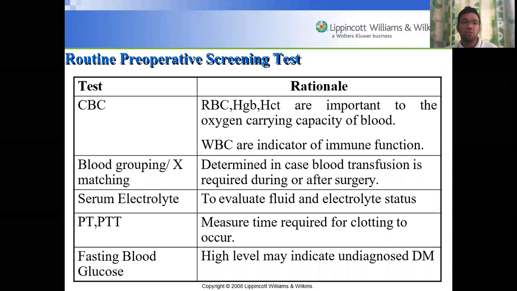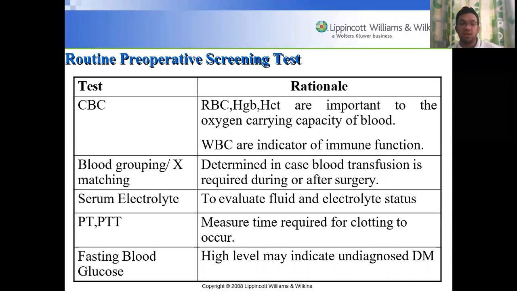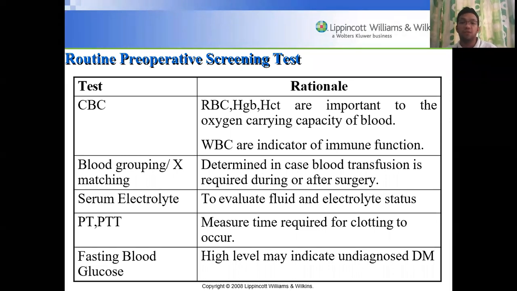Now we go to the routine pre-op screening tests. These are the needed, routine tests that are done on the patient in order to assess if they are going to be operated on or not. So CBC will be checked: the count of the RBCs, the hemoglobin, and hematocrit, in order to determine the oxygen carrying capacity of the blood. WBCs as well, to check if they have